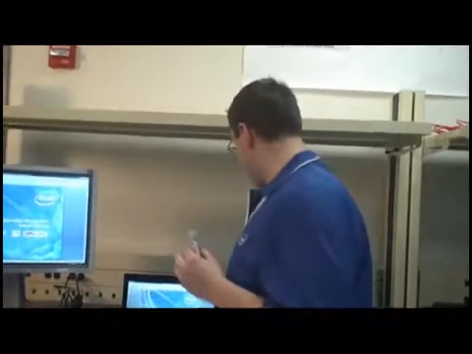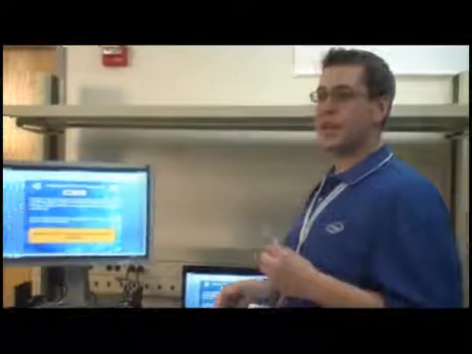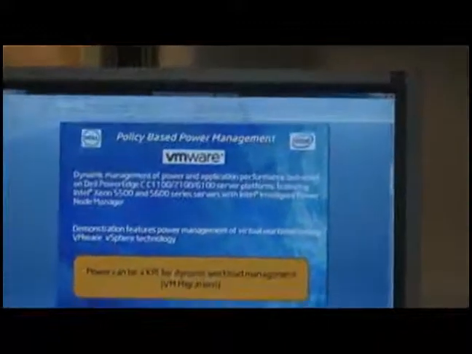So what we're going to do is show you a quick overview of what we've got in place. This has been in conjunction with Dell and VMware. Dell is hosting the platforms. These are PowerEdge C platforms. There's C1100, C2100, and C6100 based platforms, all running a mix of Xeon 5500 or 5600 series CPUs. It's running VMware with the standardized vSphere. And we also have a vSphere plugin that we've adopted using Intel Data Center Manager, which is an SDK that's